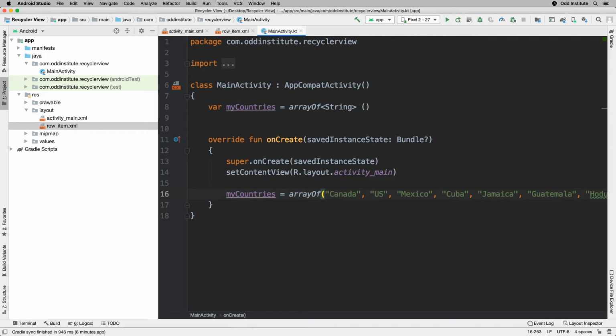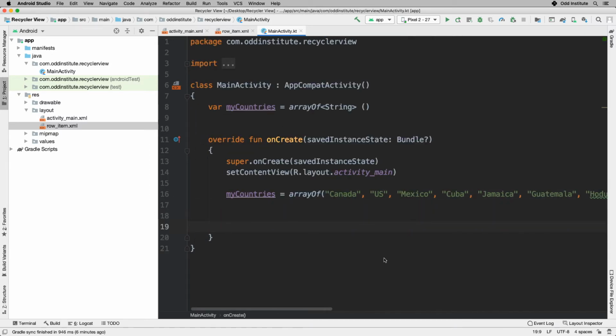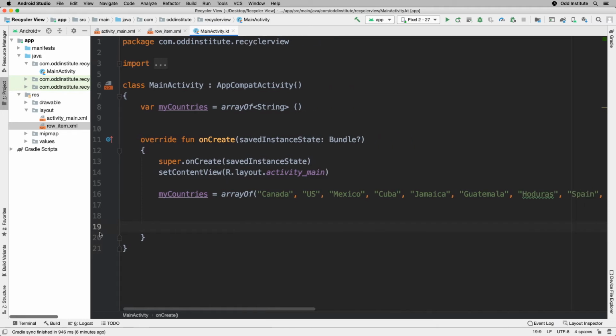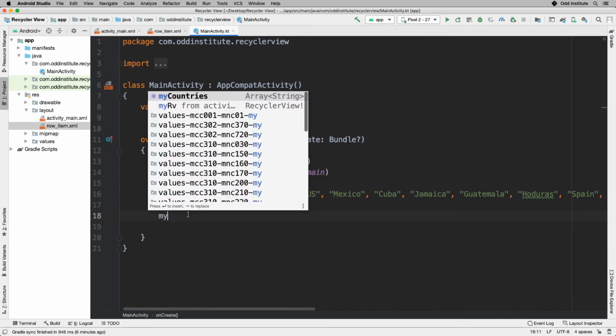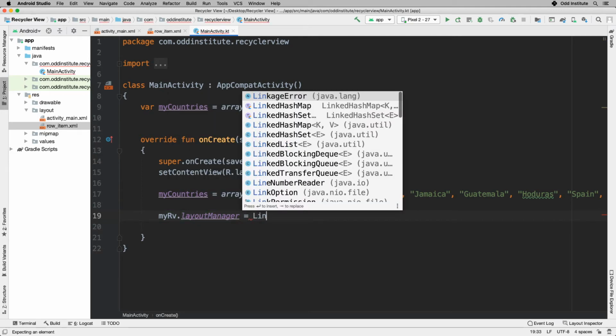Now what I want to be doing is I actually want to go ahead and use these countries to populate my recycler view. Let's see how we're going to do that. I'm going to go back to my onCreate. In here I'm going to say I had an object called my RV. The very first thing that you have to decide about the recycler view is how does it look like. So I'm going to say layout manager of it. It becomes a linear